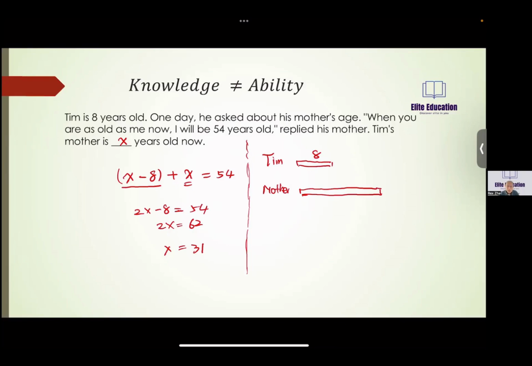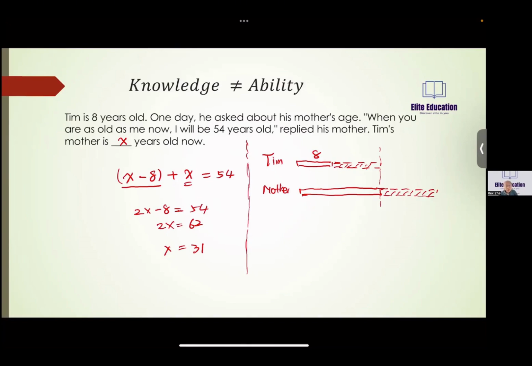Right? Okay. Now, they said when Tim reaches his mom's age, in other words, Tim still needs to grow older for that many years. After growing for so many years, when you've aged that much, you'll be the same age as your mom. Now, what I want to ask is, if Tim has grown for that many years, how many years has his mom aged? Isn't it the same amount of time? This period and this period, they're exactly the same, right? These two periods are the same because they both aged by the same number of years.